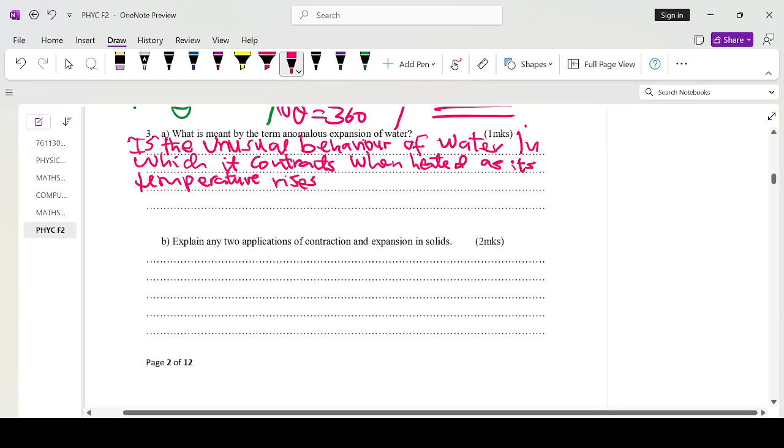As the temperature rises from 0 degrees Celsius to 4 degrees Celsius, it contracts, then starts to expand,